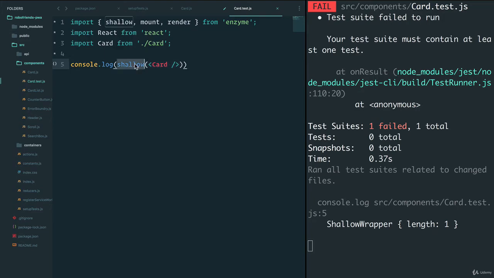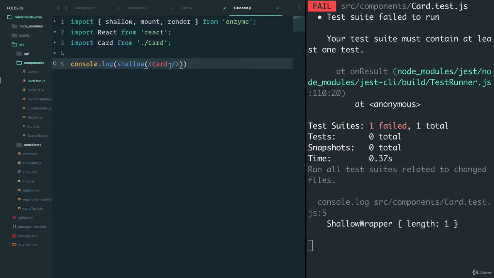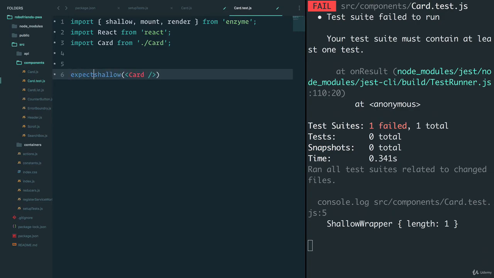So that's why I'm a big fan of the shallow rendering in Enzyme. Ideally, you just want to test one thing at a time without affecting all the child components. And this keeps your tests nice and clean. Now, the cool thing with Shallow is that we get a ton of methods that we can now use on this card component. For example, now, because we've rendered this, we can use our good old friend expect to say, expect